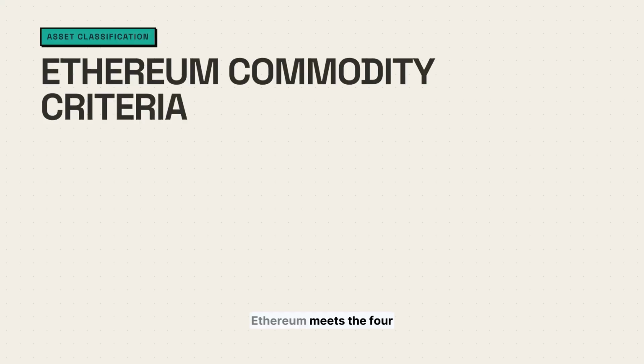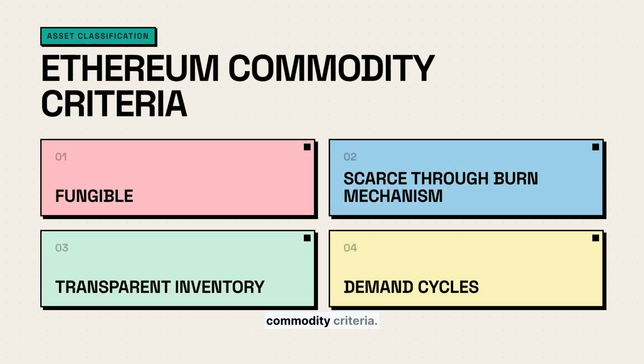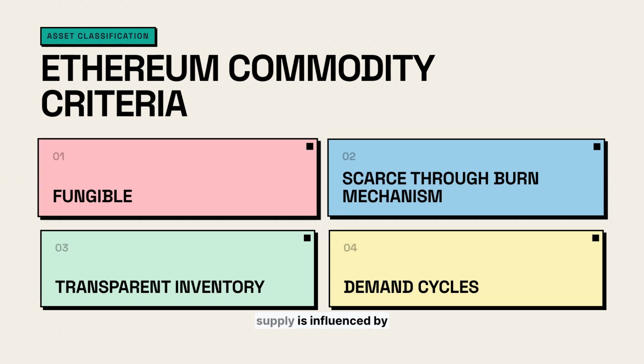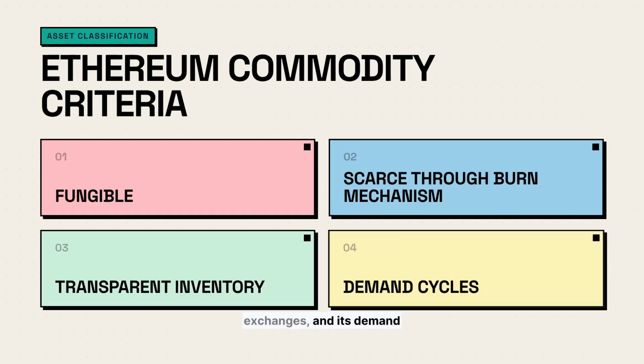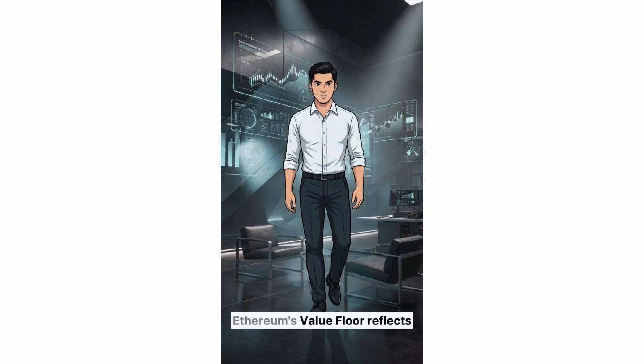settlement. Ethereum meets the four commodity criteria. It is fungible, its supply is influenced by a burn mechanism, its inventory is transparent on exchanges, and its demand cycles are linked to network usage. Ethereum's value floor reflects speculative energy around narratives such as the merge, DeFi expansion, or new Layer 2 growth. Its value ceiling is tied to fundamental utility, measured through the demand ratio index, the network utility index, and the